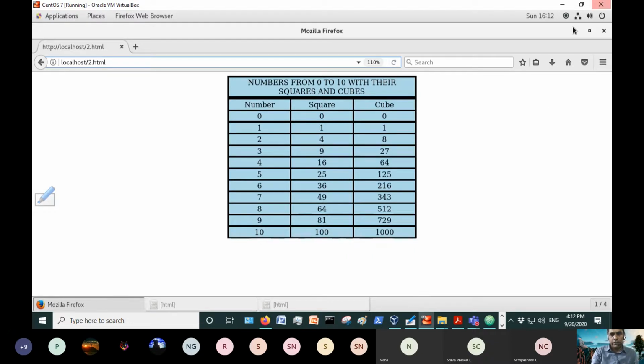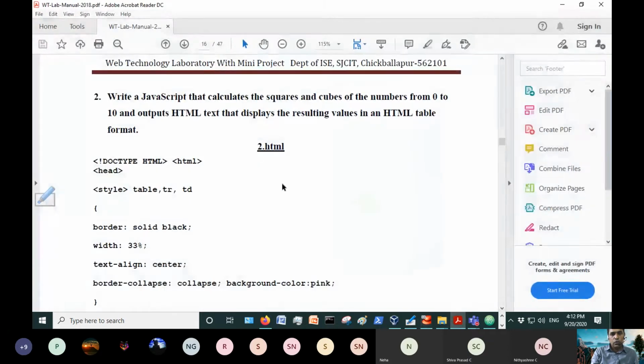The question clearly states that you have to compute the cube from 0 to 10, so that's why we are not taking the value of n as input. It only displays the squares and cubes from 0 to 10.